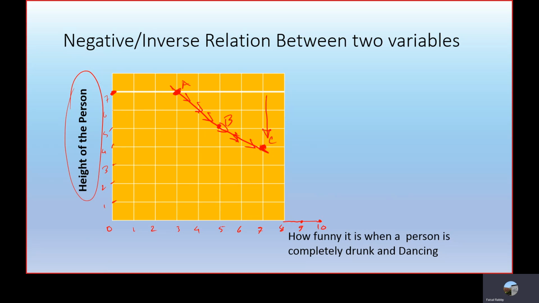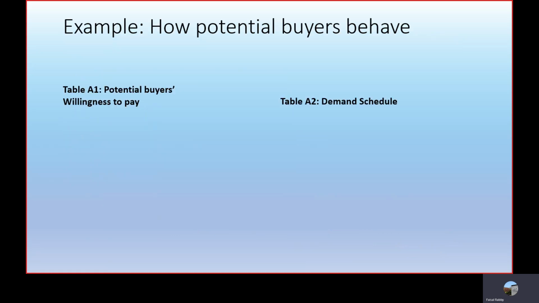So now we know how to depict and read graphs of 2 variables. And the next topic that we'll now learn by using these concepts is to see how buyers behave in a market, and can we depict theoretically the behavior of buyers by using a conceptual or theoretical graph. All right, so we'll do that in the next